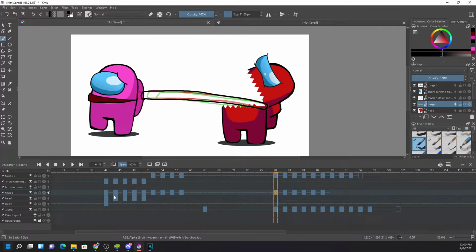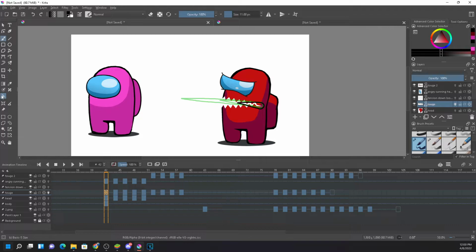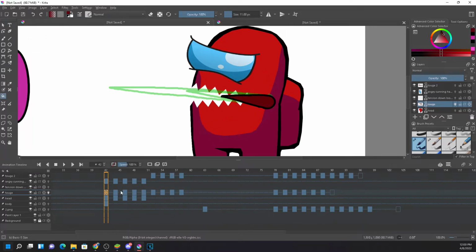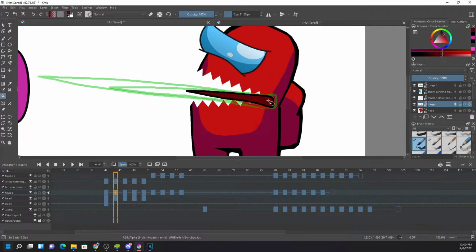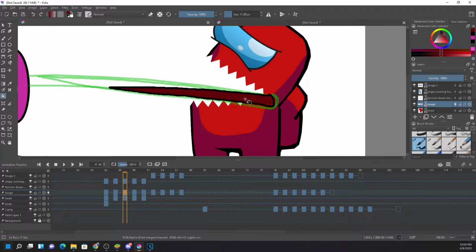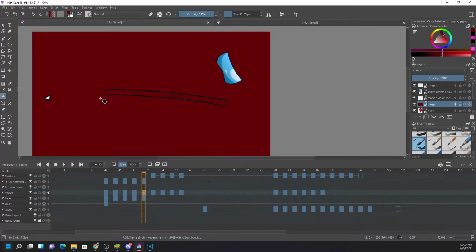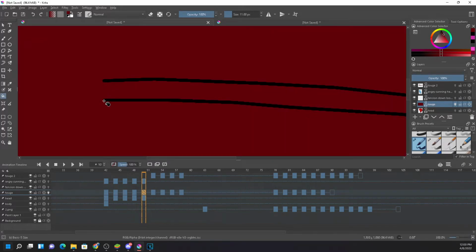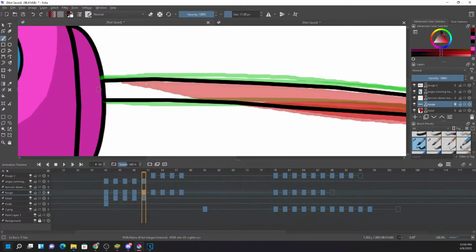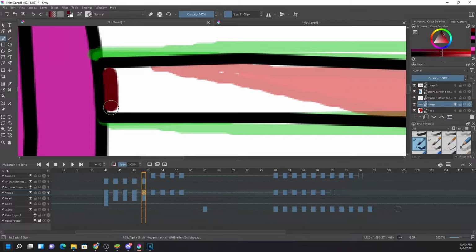Now I'm going to color this tongue. This is the color. You can see these are the previous colors that I used. I'm coloring this one. You can see the color is filled everywhere because it is not closed over here. So I'm closing it with this color only. Now there's no problem.